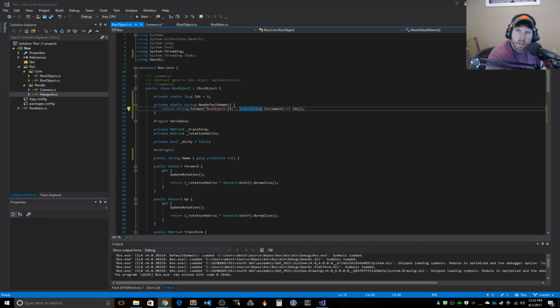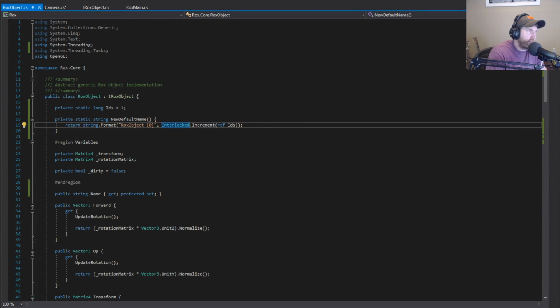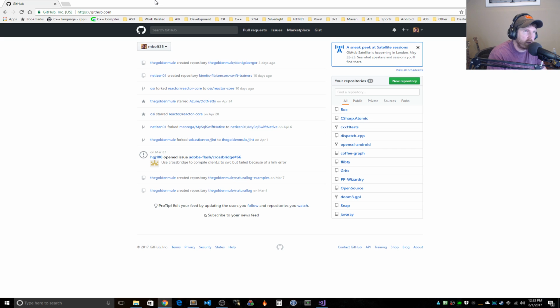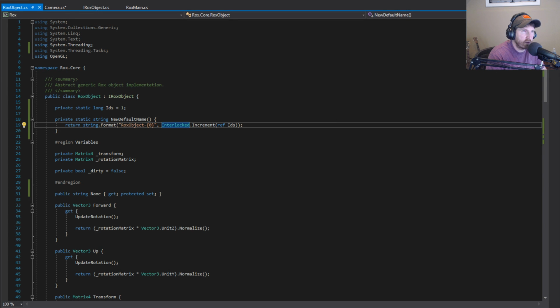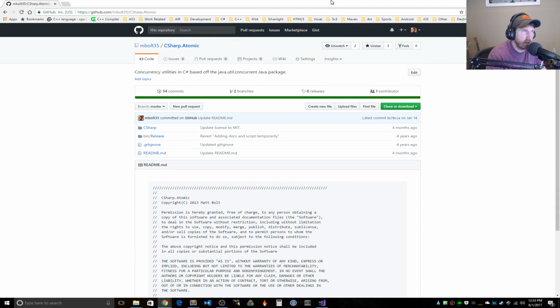The one thing, if anyone listening is curious about interlocked or atomic structures, but they're used to something else, I'm going to try to navigate this without crossing my mouse threshold, because it will switch to my code window. It's going to switch, sorry. Actually, I can turn this off real fast. Give me a second so we can check this out. Okay, so in the same repo, basically, if you go to my GitHub page, the same one we have rocks in,